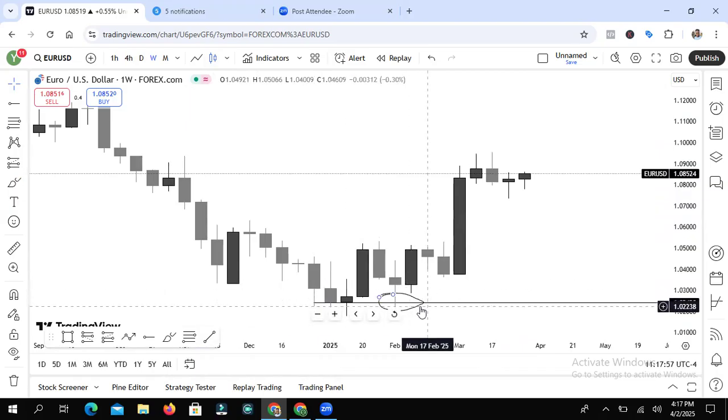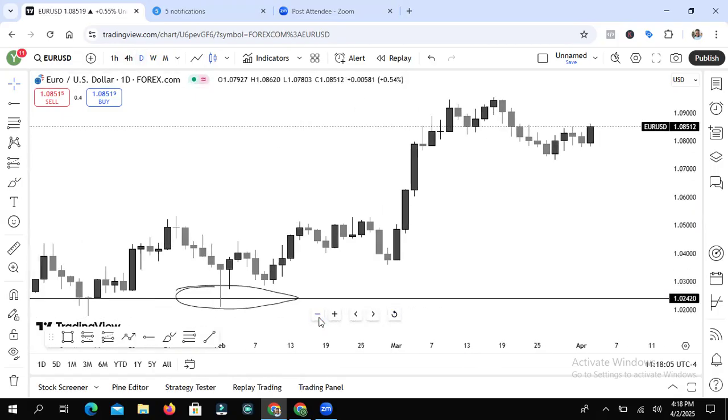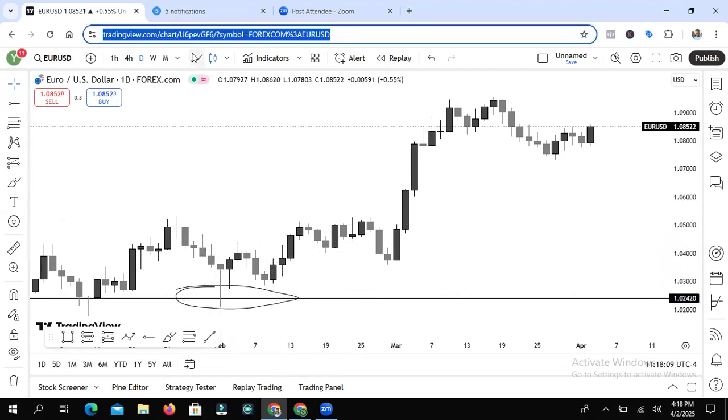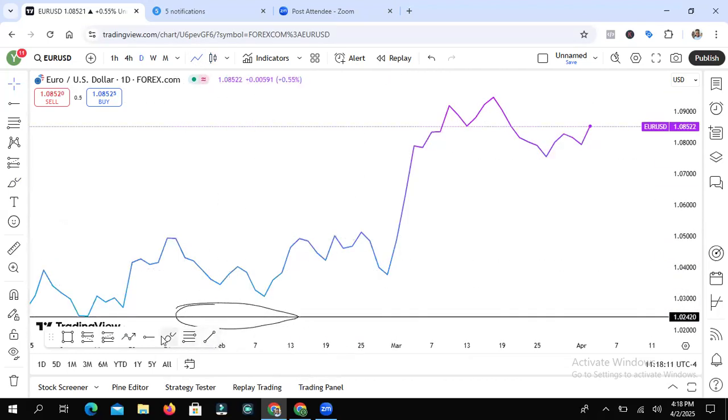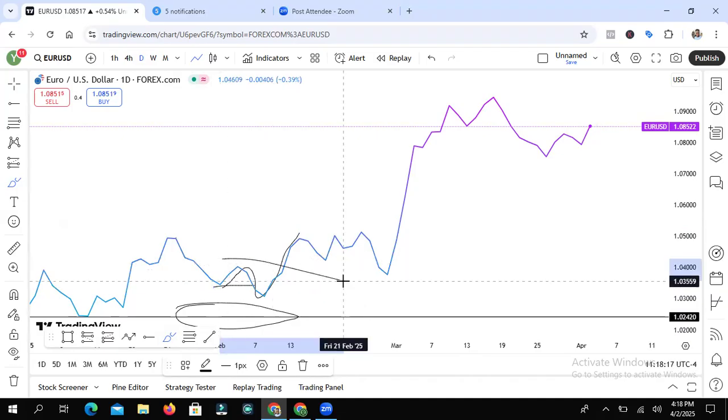So the next thing is, of course, you can buy on the weekly time frame. You want to ensure that the weekly and the daily are in alignment. What do you want to see? A liquidity sweep and a break. You turn on the line chart, you can see it, very simple, very clear. A liquidity sweep right here and a break.